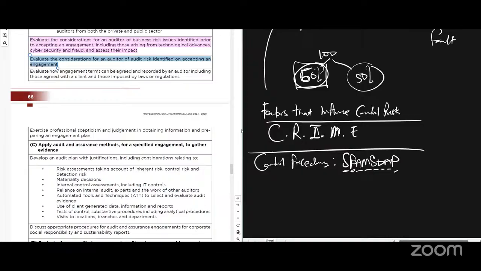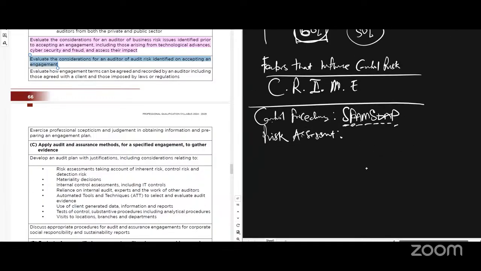These are all controls. Then the R is risk assessment. When you assess risk in your organization, are you getting it? The risk will be low because you're always assessing for risks. Do you understand? Then the I stands for your information systems. If you have strong information systems, will control risk be high or low? Low, right? If you do frequent monitoring, will control risk be high or low? Low. We have a strong environment of controls, which is the control environment.